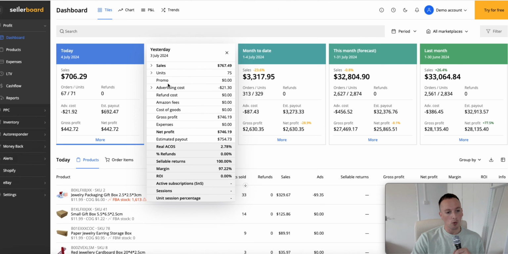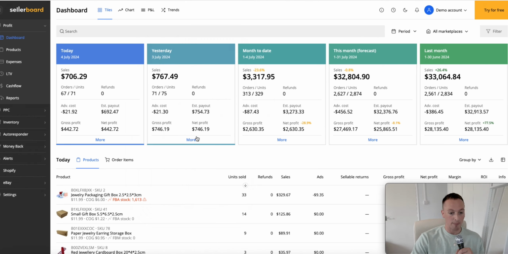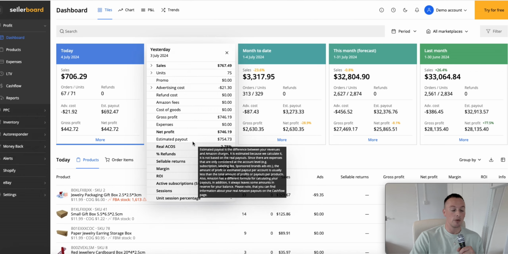Now, what you can also do in here, which is very, very important, is look at the breakdown of the profit. So you can see an overall there of the 76749 as the total turnover, but then if we look for the profit, it's also 746. Now, obviously that's not correct, but let's say you logged in and it wasn't the profit you wanted it to be, then you need to click here